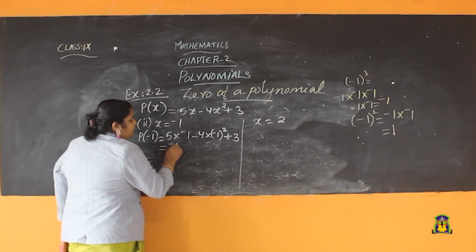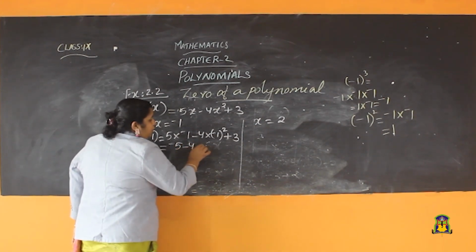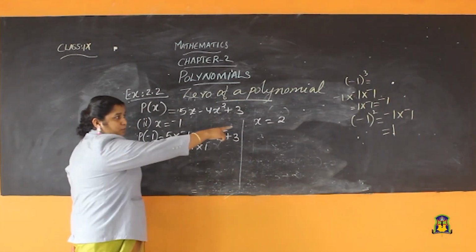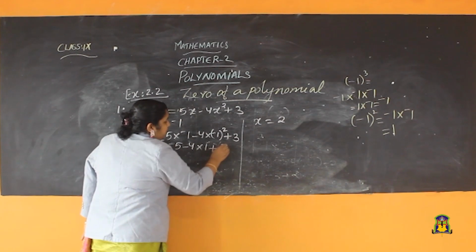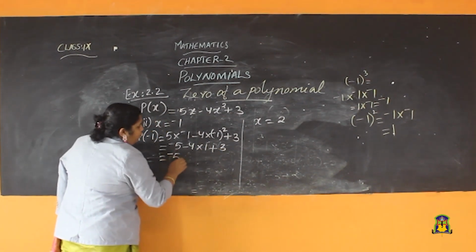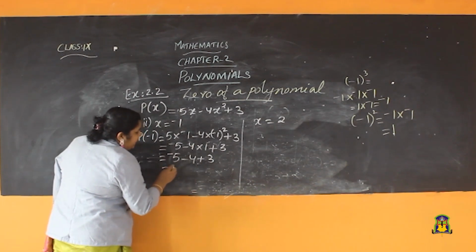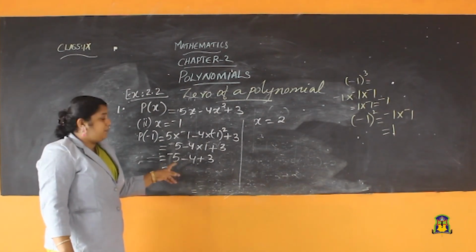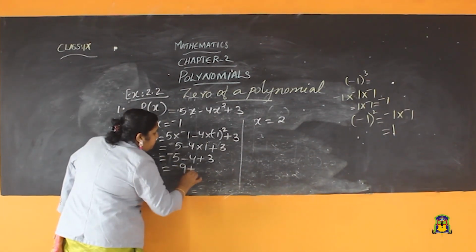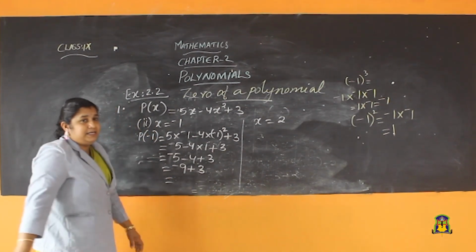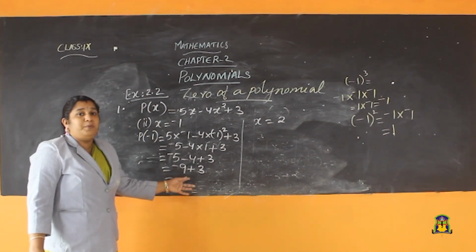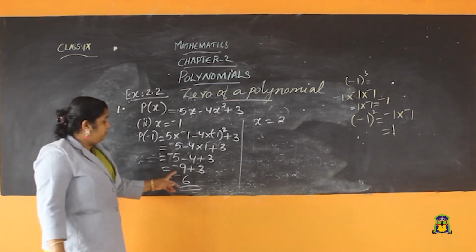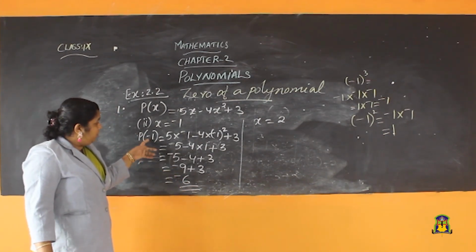So, 5 into minus 1 is minus 5, minus 4 into minus 1 the whole square means 1, because minus into minus is plus 1, we already did it, okay. So, plus 3: minus 5, minus 4, plus 3. See, minus 5, minus 4, same sign. So, we should take the minus sign outside and add the numbers, minus 9 will come, right. Minus 9 plus 3, opposite signs, then what should we do? We should subtract and put the biggest number's sign. So, minus 6, because 9 minus 3 is 6 and the biggest number's sign is negative. So, I got p of minus 1 as what?